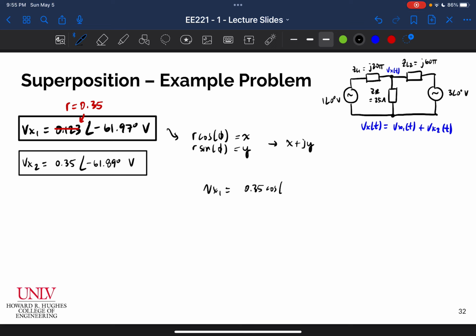times the cosine of negative 61.97 degrees, plus j times 0.35 times the sine of negative 61.97 degrees. And that's going to be, let's go ahead and compute that. Let's make sure my calculator is in degrees. It is. So I get cosine of negative 61.97 gives me a value. I multiply that by 0.35. I get 0.164